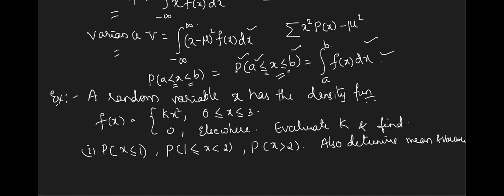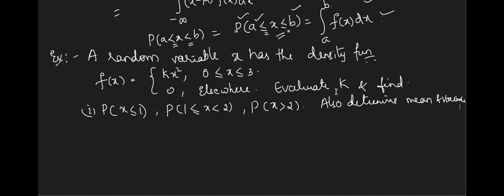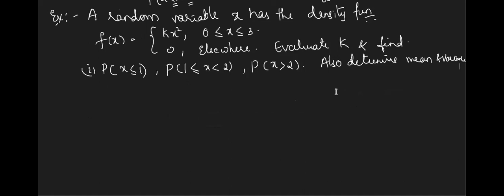See how to identify it is very simple. Whenever they give the values in the form of a table format, it always comes under discrete random variable. When they give in this format, f of x is equal to, such type, it means it is a problem under continuous random variable. This is the main important thing.